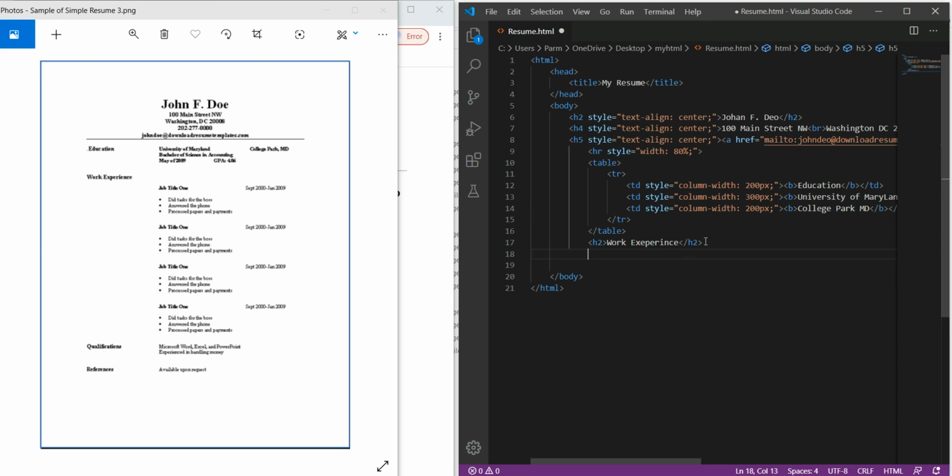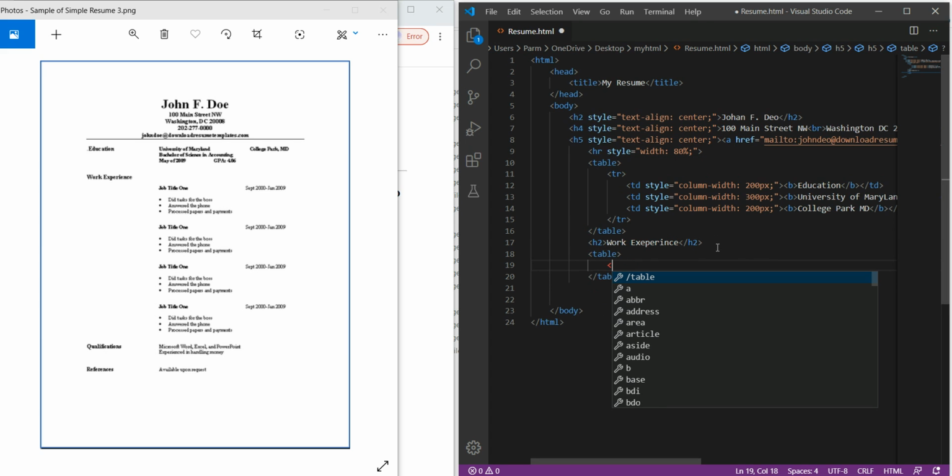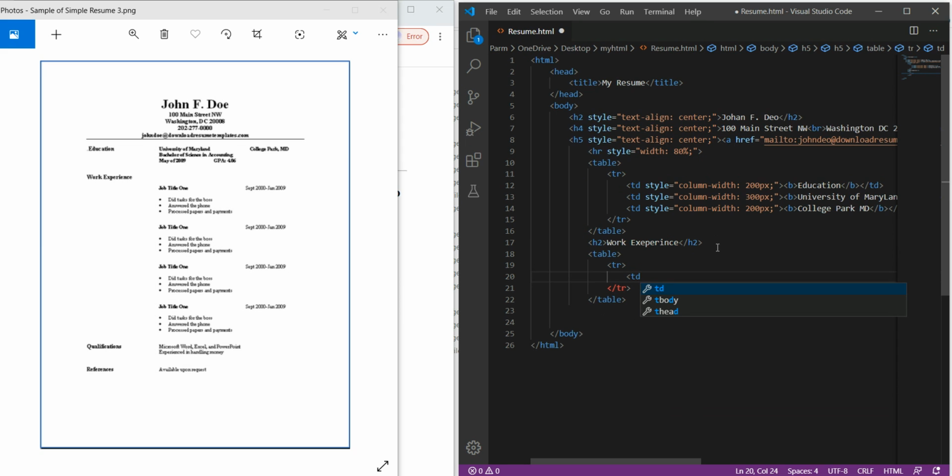So work experience is again just like we can see that table having two columns. Okay, and 1 2 3 4 rows. So again we will go with the table, and here we need to have one first row, and in the row we have to write table data.